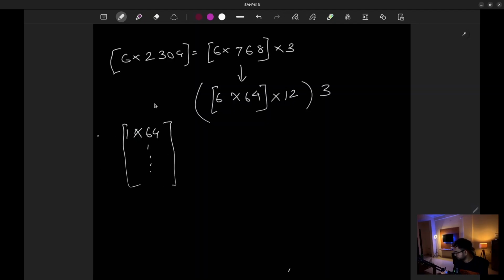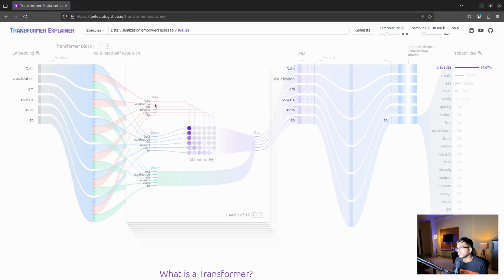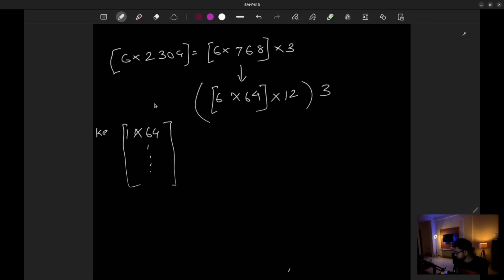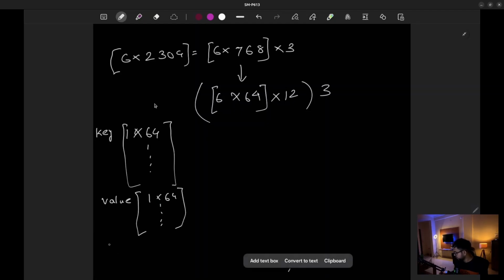This is the key. Sorry, yeah, this is the key. And similarly we have the values, 1 into 64 and so on, 6 values. And after that we have the query also, but I will go to the query after that. Before doing that,